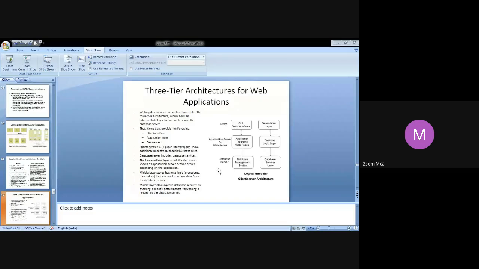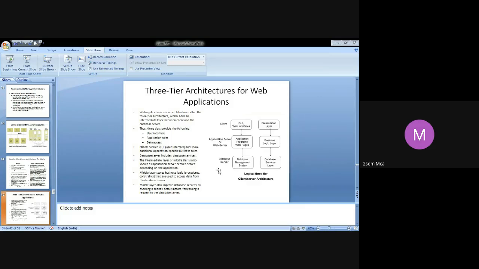So this server plays an intermediate role. What are the important applications? The tiers provide user interface, application rules and data access. And on your right side, you are also seeing a presentation layer. What is the presentation layer?